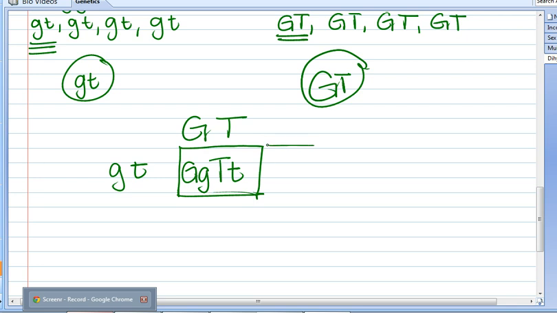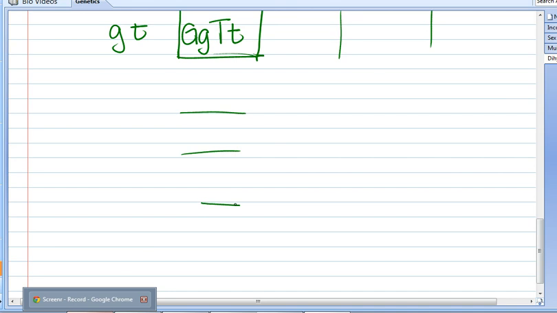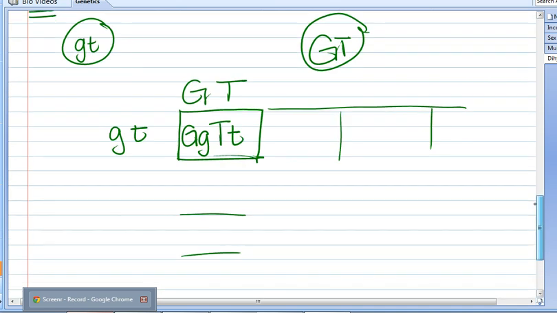I could have gone through and filled in the rest of the Punnett square, and I would have seen that everything that I filled in, big G, big T, big